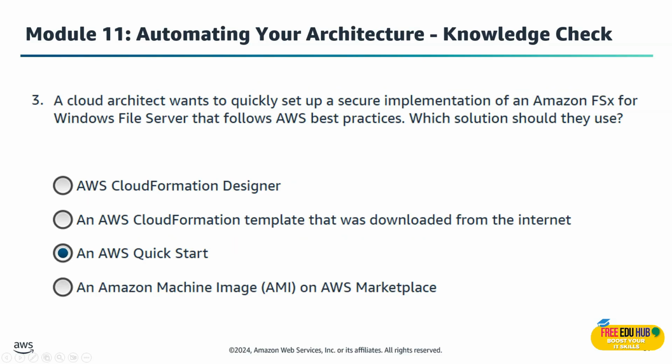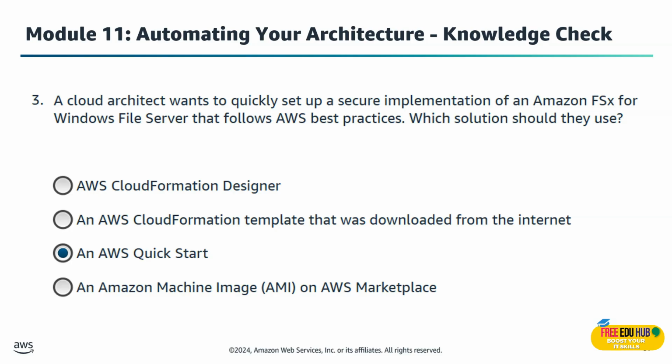The third question states that a cloud architect wants to quickly set up a secure implementation of an Amazon FSx for Windows file server that follows AWS best practices. Which solution should they use? So the right answer is Quick Start. AWS Quick Start is a pre-built automated deployment that follows AWS best practices. It's the fastest way to spin up something like an FSx for Windows file server securely and correctly without starting